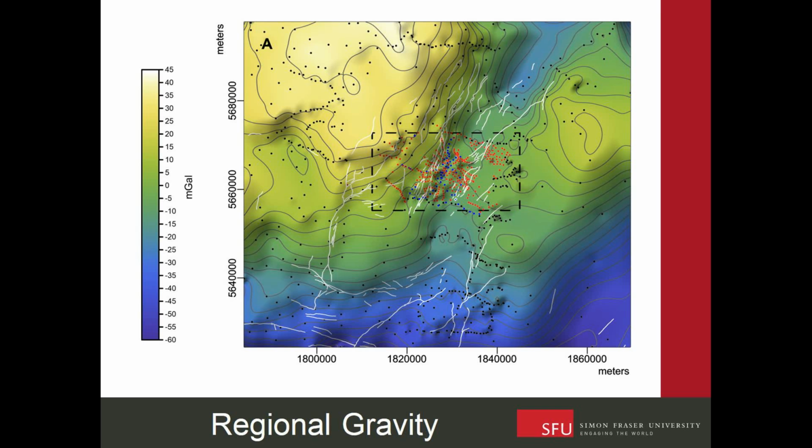So this is the regional gravity. The black dots are part of the New Zealand gravity database, and the red dots are ones that I collected, and blue dots were some older existing data on the volcanic areas. So you can see the TVZ here is this major gravity low feature, and this is the very southern termination of it here, where the strike changes to east-west. There's about 950 stations in this whole area.